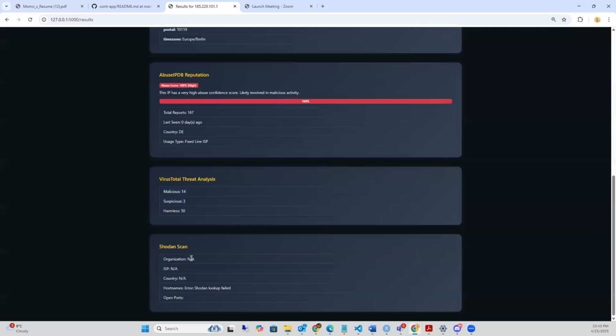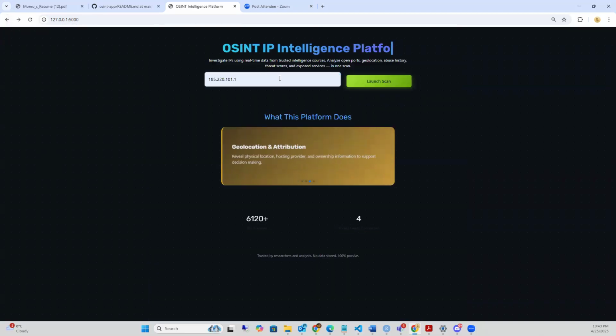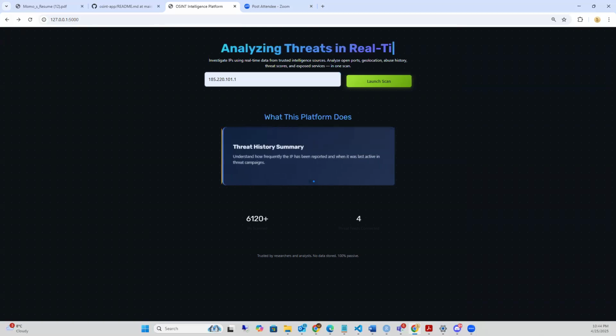And then the Shodan scan here did not succeed. This is typically due to whether the IP address has open ports or not, because Shodan will run scans through the IP addresses based on the ports that it will try to access, such as port 80. So if it has a web interface, then the Shodan scan will be successful and will show us the results here. Here it did not work, unfortunately, but that doesn't mean that our API is not working. It's just due to that specific requirement, because as we saw, it worked for 1.1.1.1.